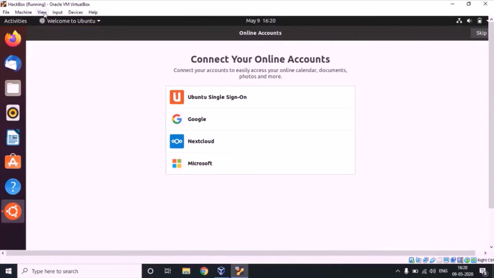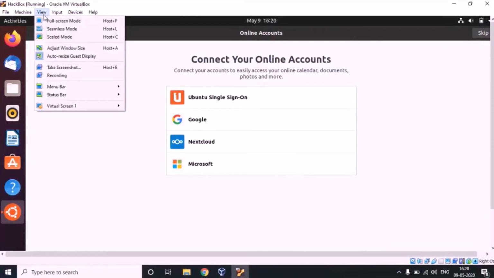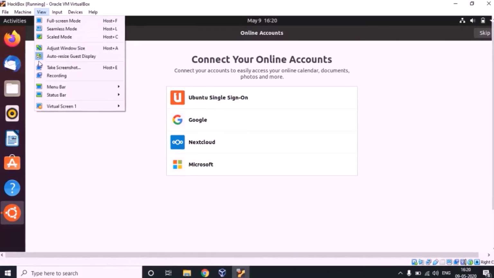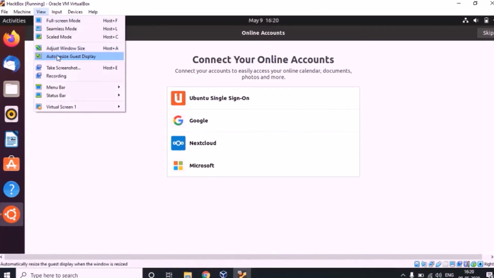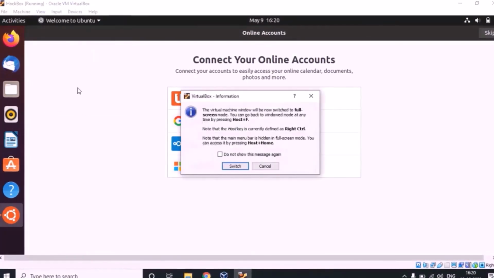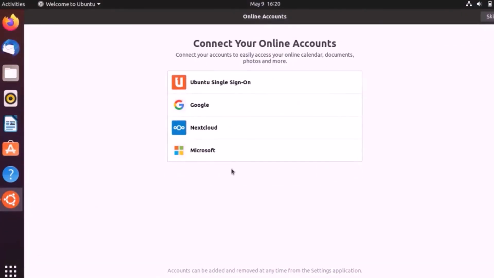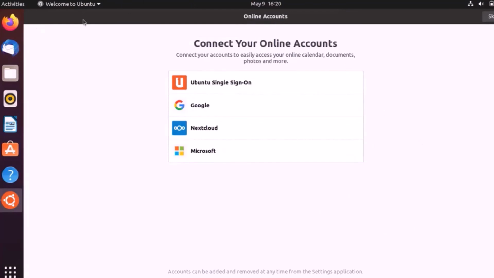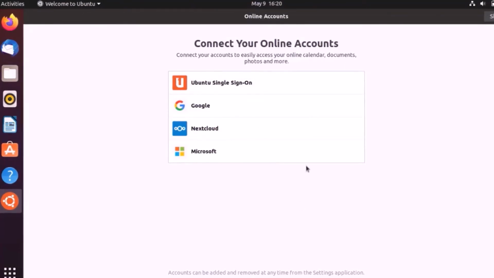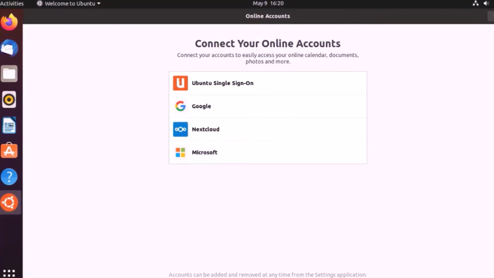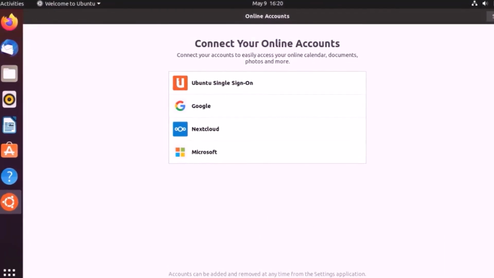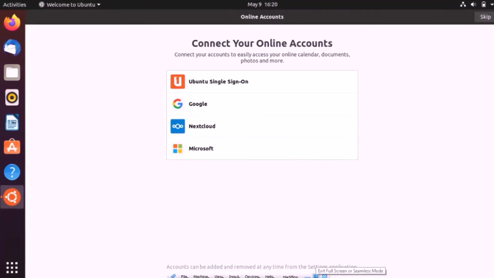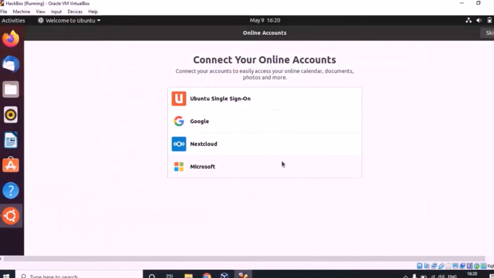Now here select no, and then so now you can see the full screen and you are in your virtual machine. And if you want to go back to your host machine, just click at the bottom of the screen and select exit full screen mode, and you will be back again.